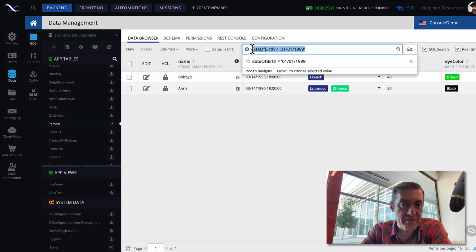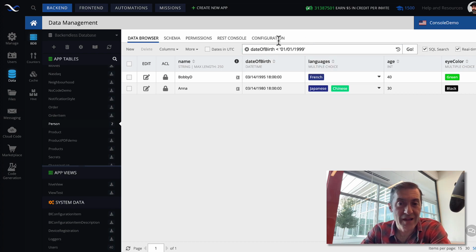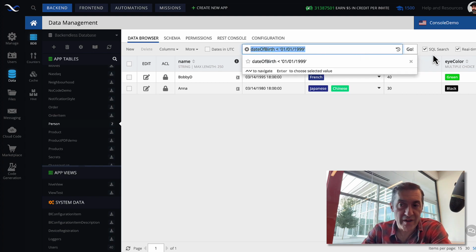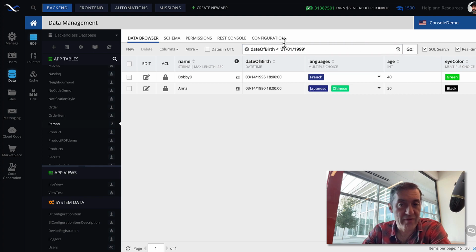What you see here is a format of a query, and we call it where clause. Once again, there will be a series of videos where we talk about where clause and different formats, but this is something that I wanted to point out that is supported by Backendless. Whenever you have SQL search enabled, these queries could actually be used in the applications that you will be developing. So whatever is supported by Backendless from the application perspective is supported in here as well in this search bar.